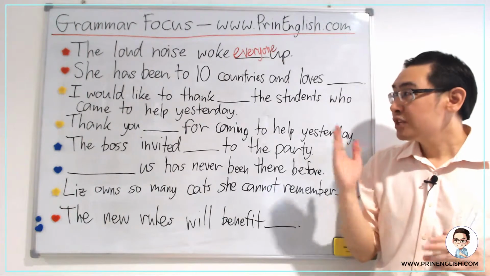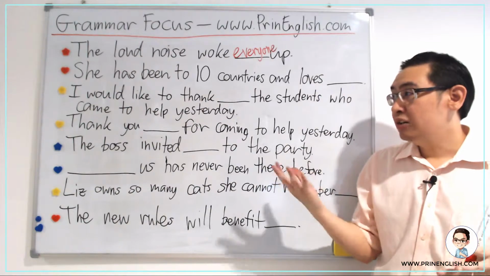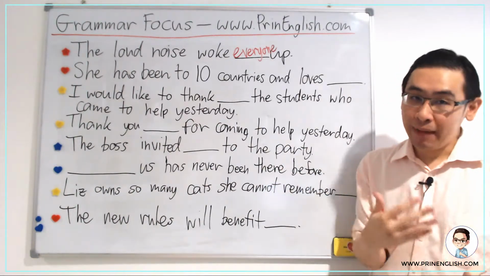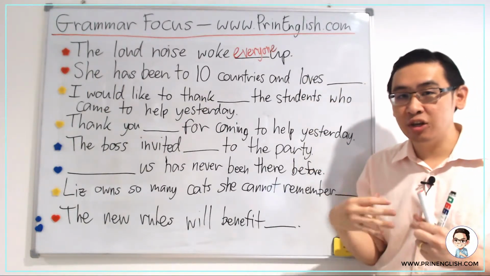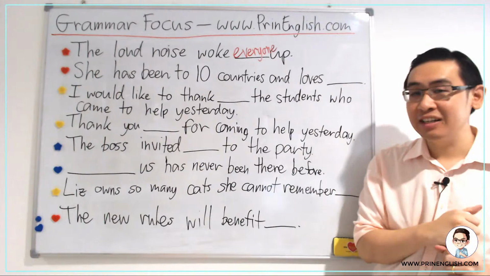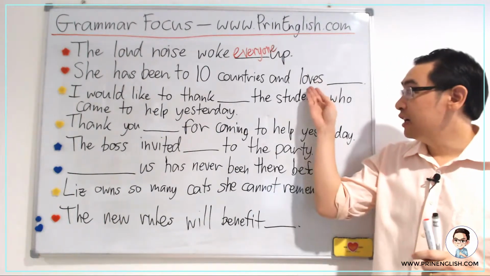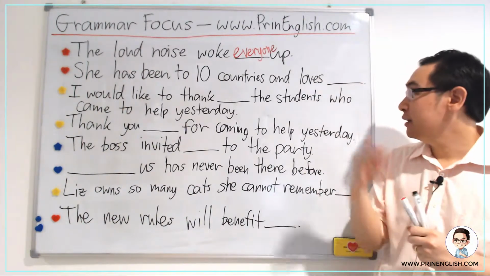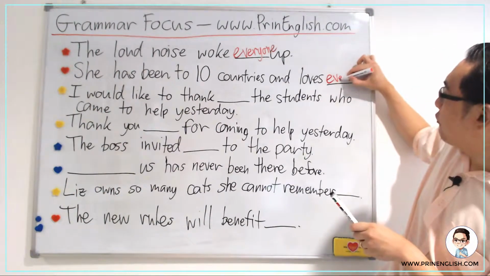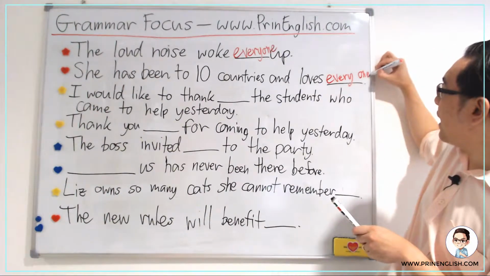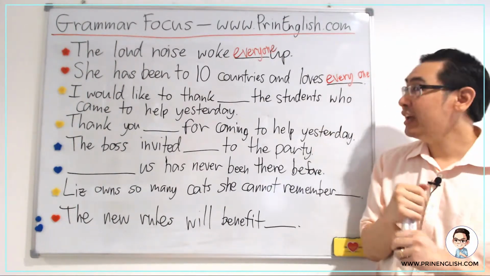with the red heart: "She has been to 10 countries and loves ___." So this girl, or maybe woman, went and came back from 10 countries and she loves them, so probably it means that she enjoys going to all the countries. Okay, so what should be the answer? The answer for this one is "every one" with a space. Okay, you need a space. Why? Because we're referring